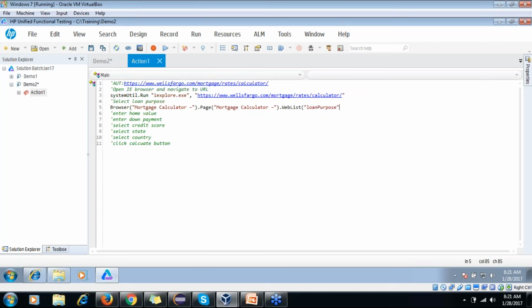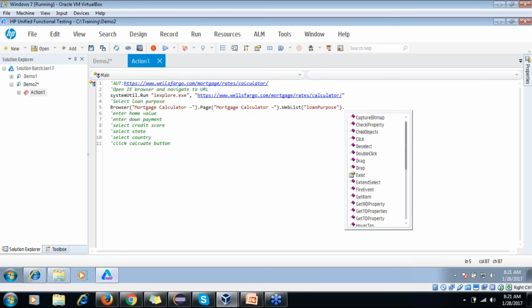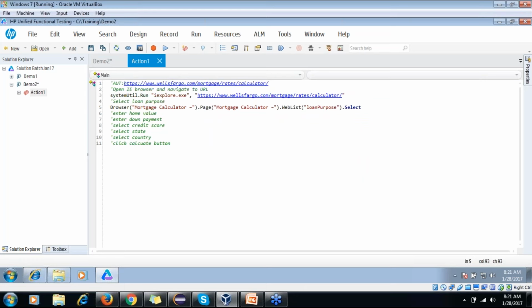So I want to select loan purpose, and there are different methods available for any object. For the web list we have this many methods it supports, and to select any value, team, you have to use this.